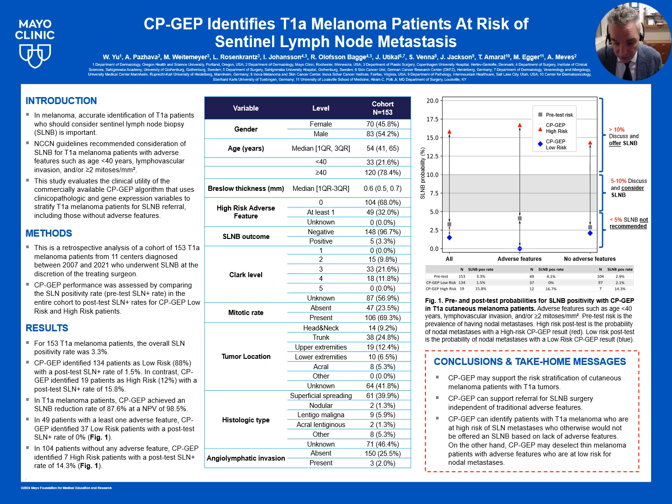And then we assessed CP-GEP performance by comparing the probability of having a positive lymph node without any molecular testing, or for patients who were tested low risk versus patients who were tested high risk. And what we found is that if you look at the entire population of 153 T1a melanoma patients, without any further risk stratification, your risk of having a positive node in this particular group was 3.3%. If you were tested low risk by CP-GEP, your probability of having a positive node went down to 1.5%. But impressively, if you were tested high risk, then your probability of having a positive node went up to 15.8%,